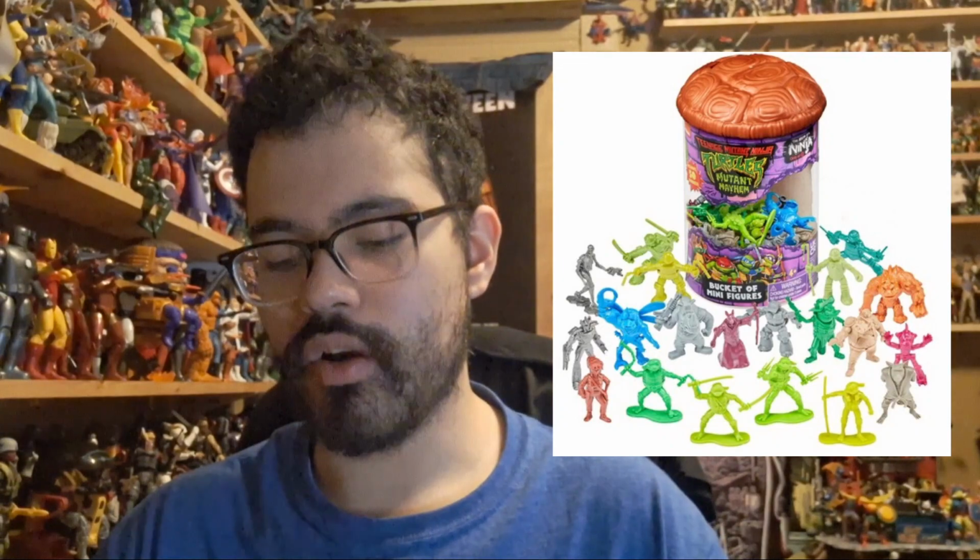A while ago, when the Ninja Turtles Mutant Mayhem movie came out, they actually made their own bucket of minifigures as well. It was about 50 minifigures in one, for $20 or so, and they were mostly showing up at Target, so it was a Target exclusive. You're probably thinking, wow, $20, that's a lot. But even though it's a little on the pricey side, one thing you want to